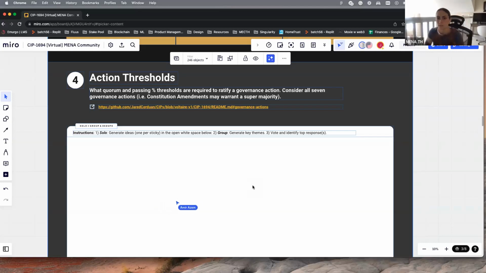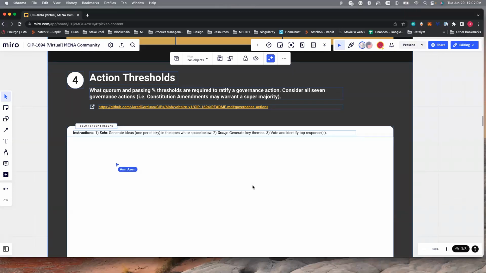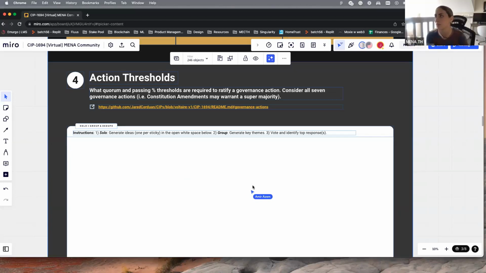I don't know the numbers, but it should maybe be 70%. So what they want from every specific group, numbers? Yeah, from every group. I don't know if they want numbers or just a ballpark of what we think.